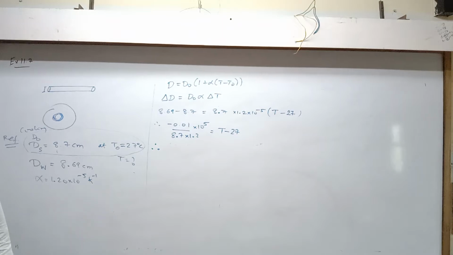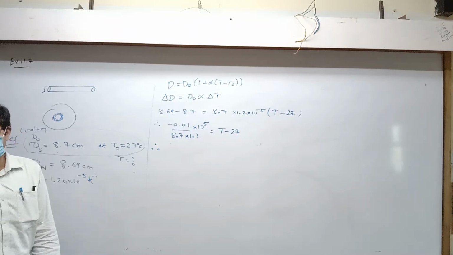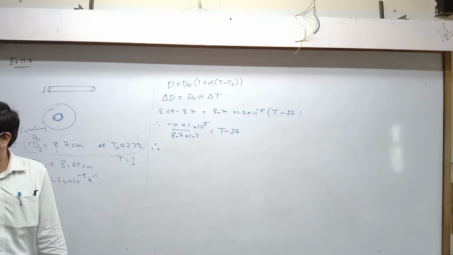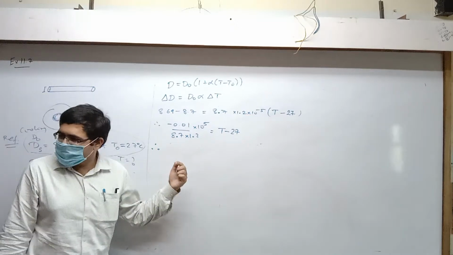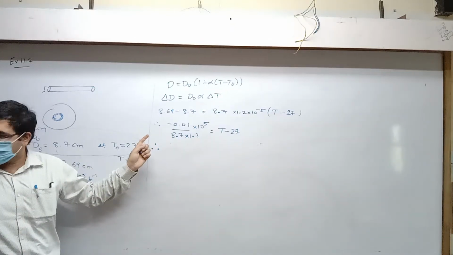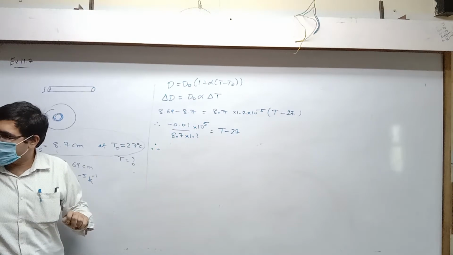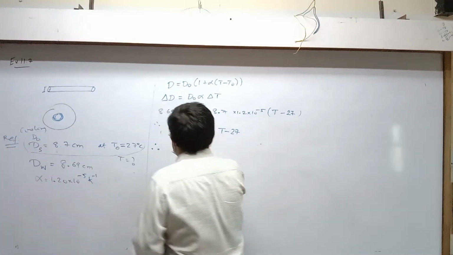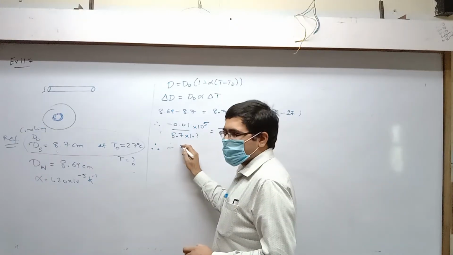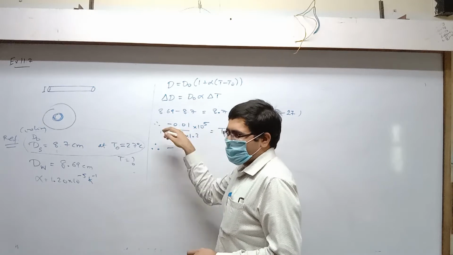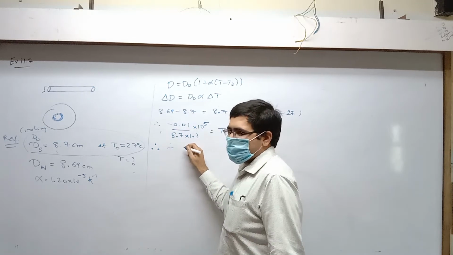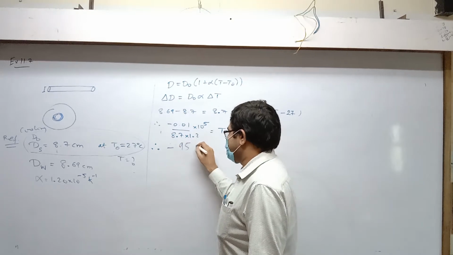I didn't bring a calculator right now. T equal to... It will not come more than 120, it will come less, because we have this minus sign. What is the value of the left side? Only the left side, this calculation, minus... Multiply by 10 and it comes to 90. So this is minus 95 on the left side.